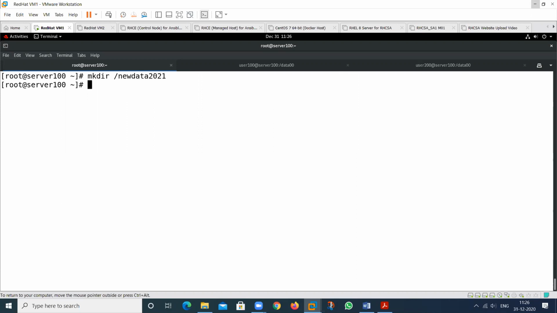Then create some files in this also. Touch /newdata, and I will create a file happynewyear.txt.